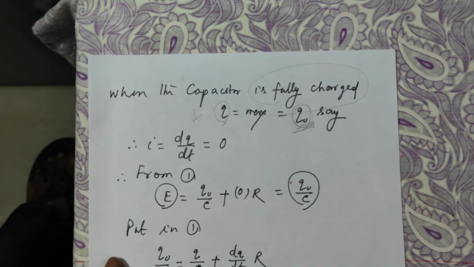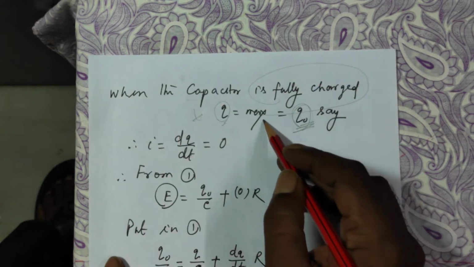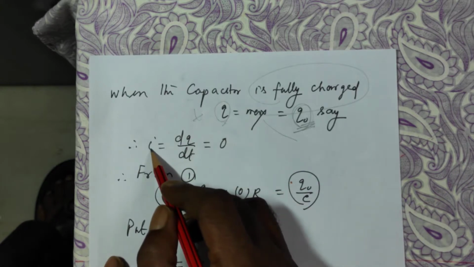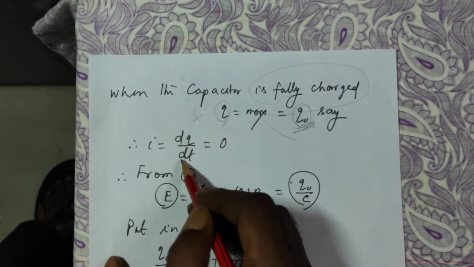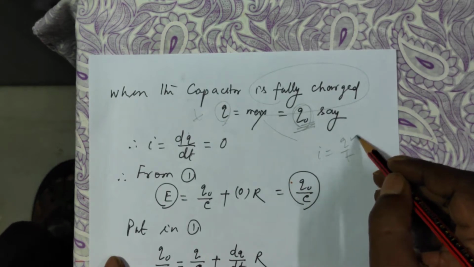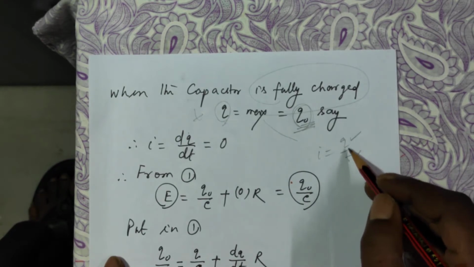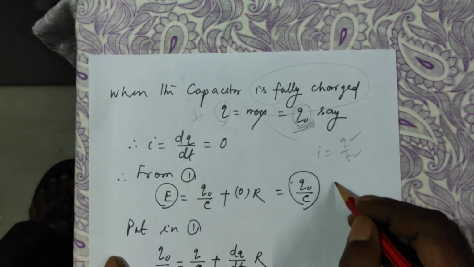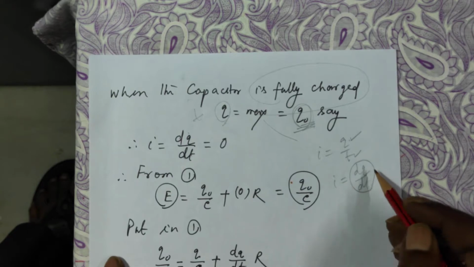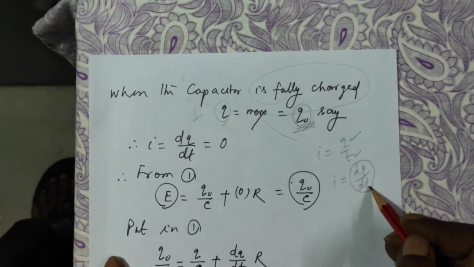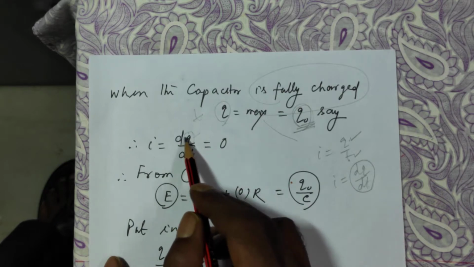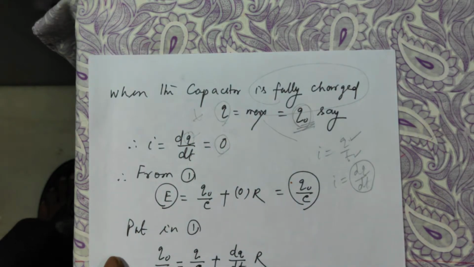Once Q becomes maximum, it becomes a constant, and the derivative of a constant is 0. We know I is equal to the rate of change of charge. We used to write Q by T. If the value of Q is known and T is known, then just put the values. If Q is changing with respect to time, then we have to write I is equal to dQ by dt, that is, how the charge is stored per unit time. If Q is maximum, it is constant, and the derivative of a constant is 0.